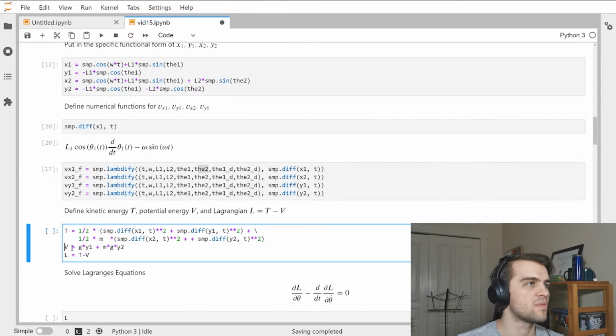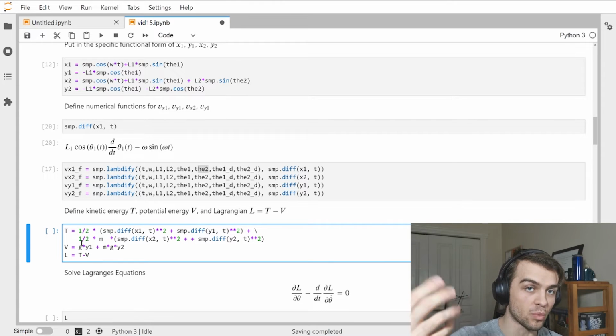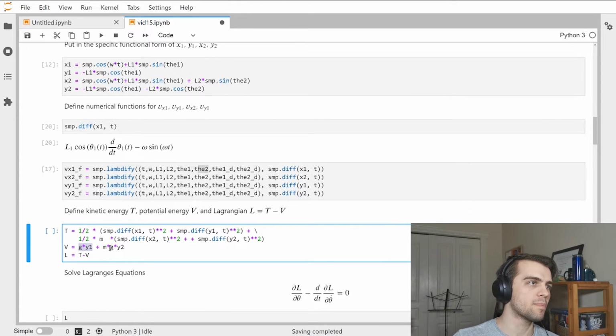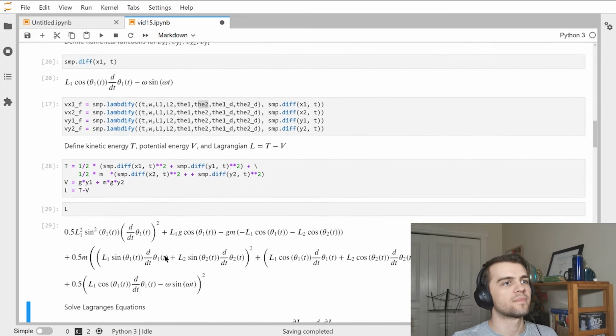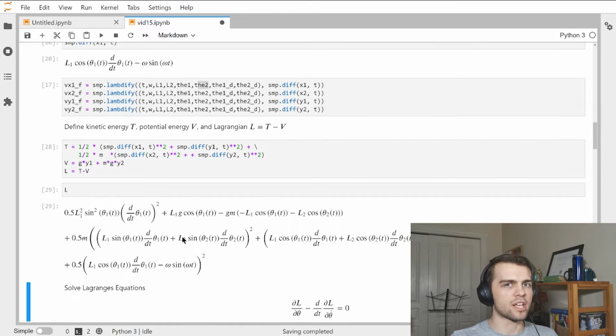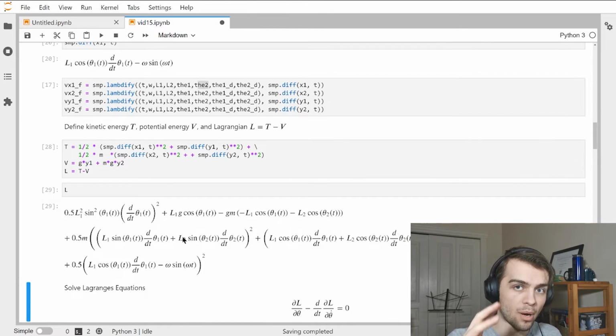My potential V is, remember the first mass is equal to 1, G times Y1 plus M times G times Y2. And the Lagrangian is T minus V. So then I can, for example, look at my Lagrangian here. And it's somewhat of a long expression, so it's good that we're dealing with it symbolically so that we don't have to worry about writing this out